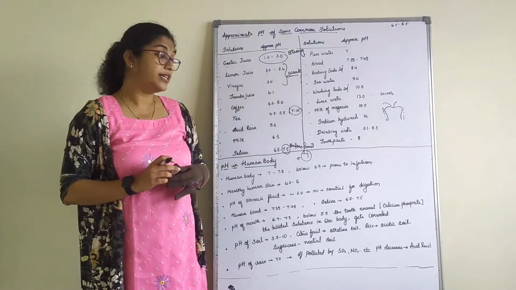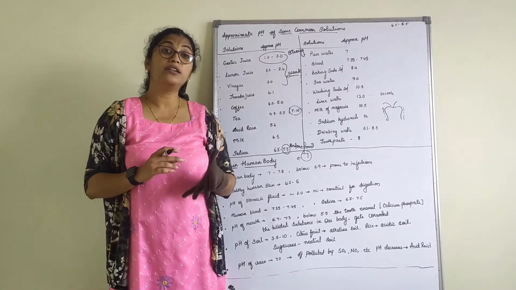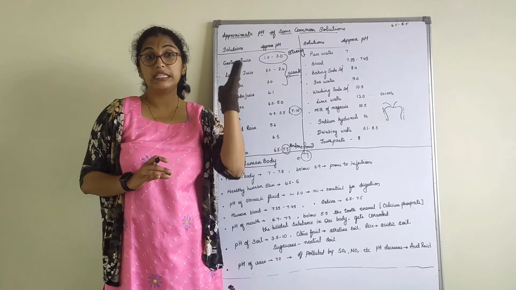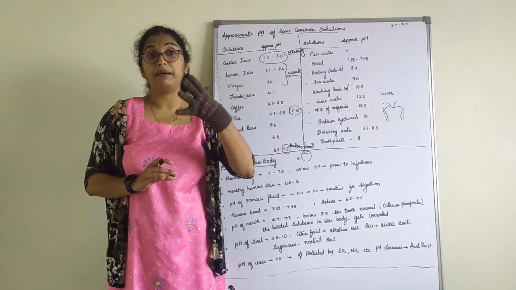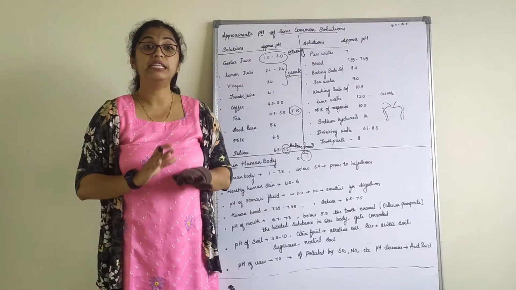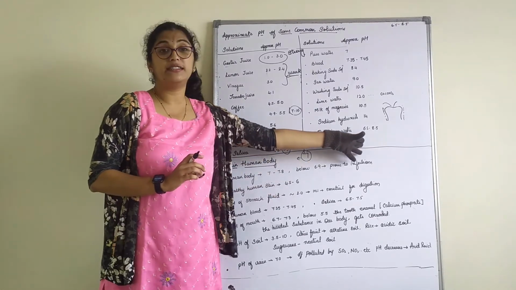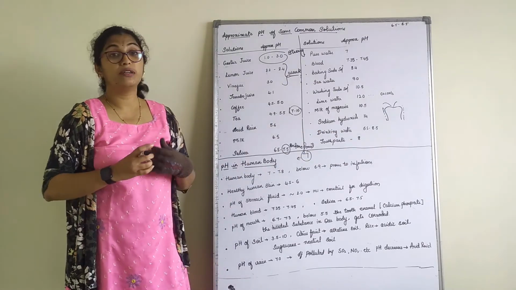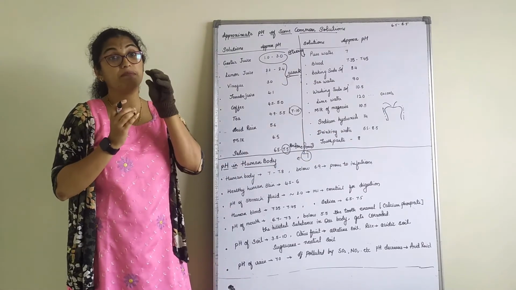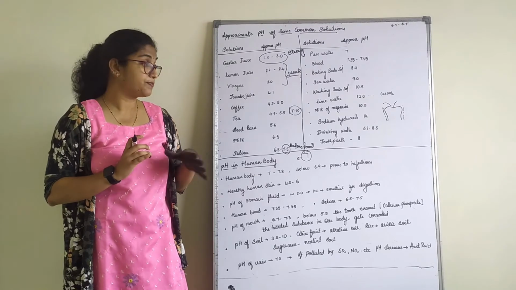So what we do here, we brush our teeth with a toothpaste. Now what does toothpaste do? Since there is an acidic thing given by bacteria, and toothpaste is basic, acid and base neutralize, correct? That is why I have written toothpaste as 8. So it works on that acidic thing created by the bacteria in our mouth.